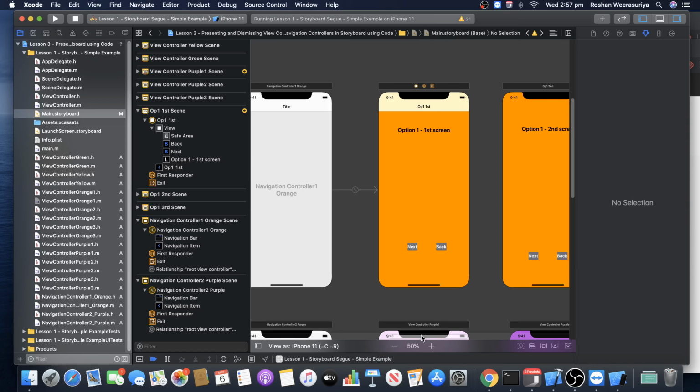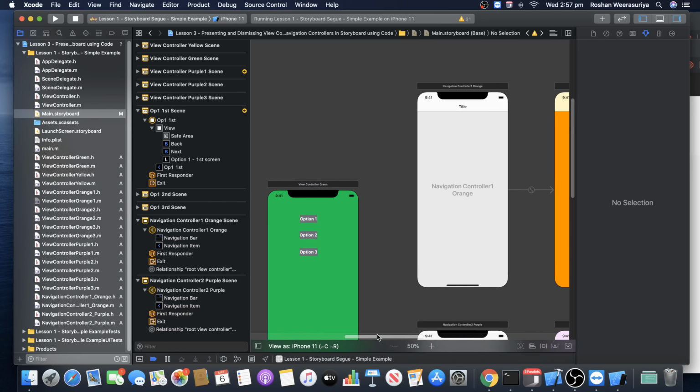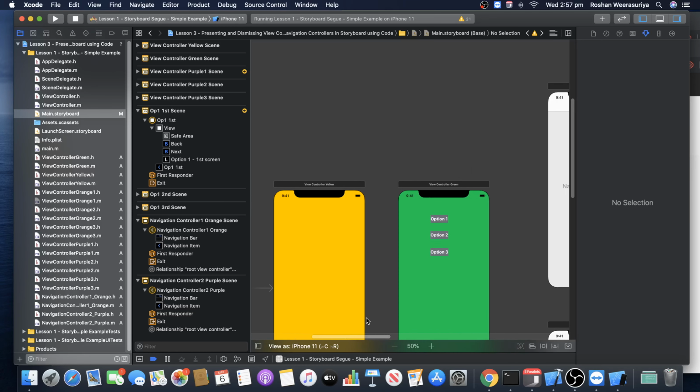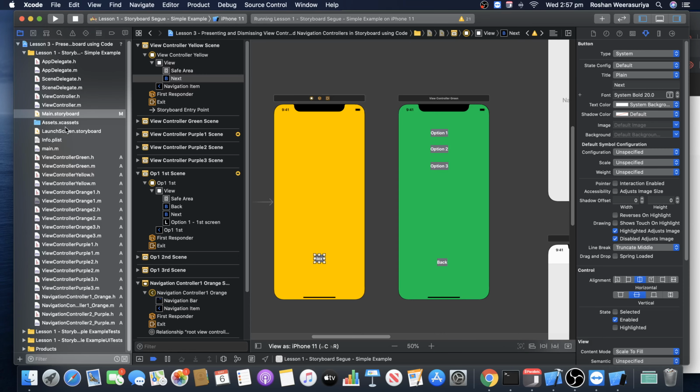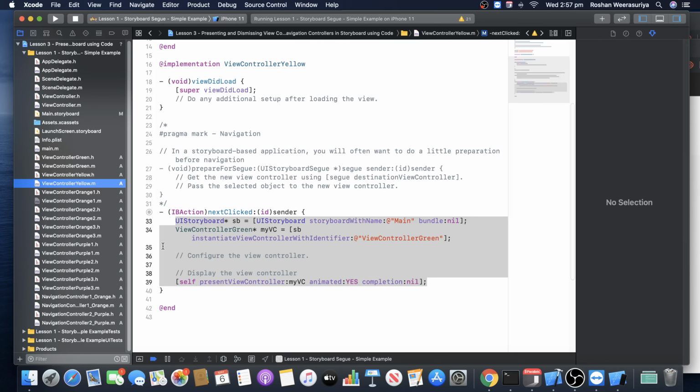So what I'm going to do is take the code for the next button in the yellow screen and then modify it. So in the view controller yellow, I'm going to get the next button code, copy it, and put it into the